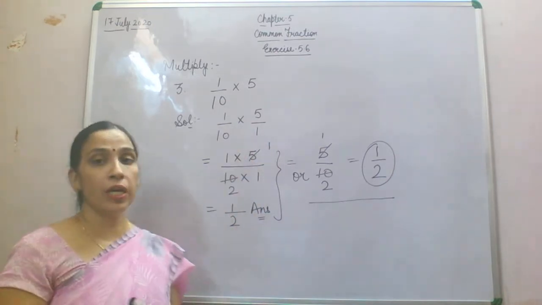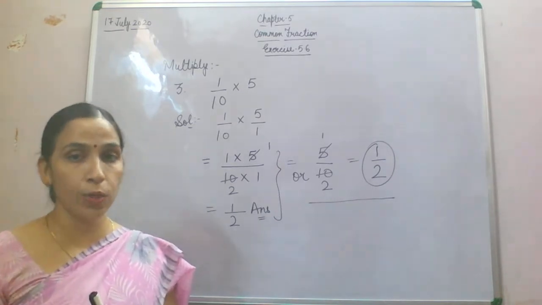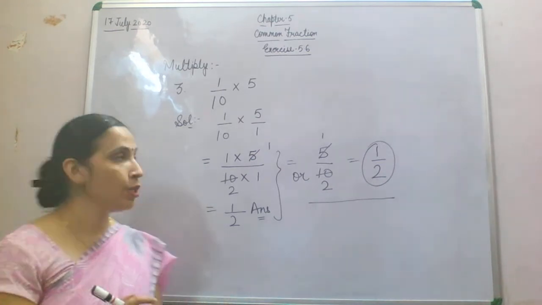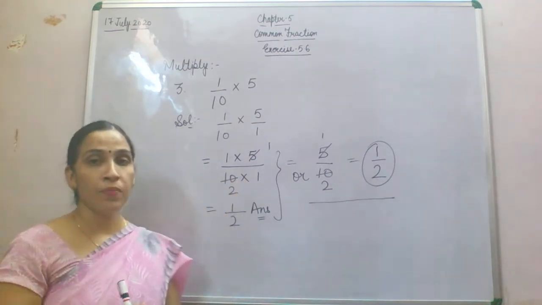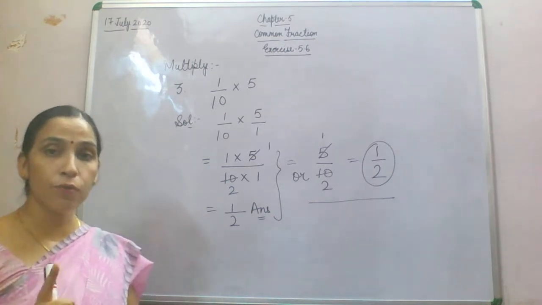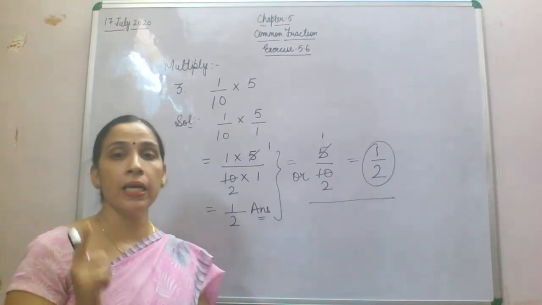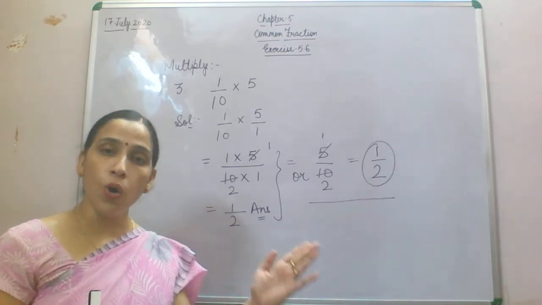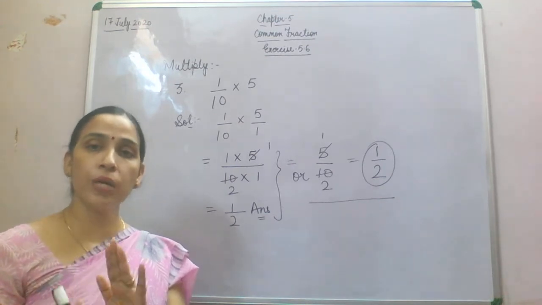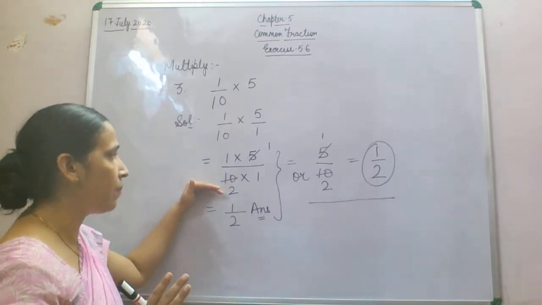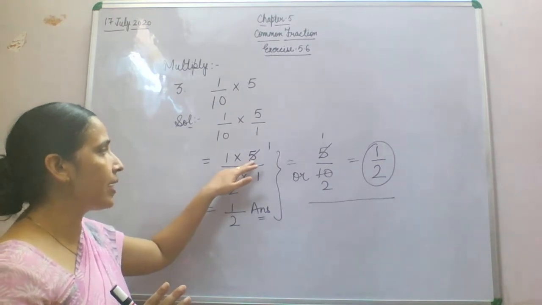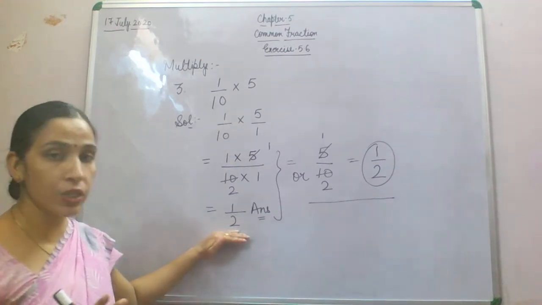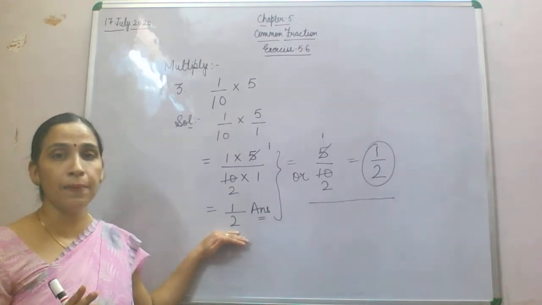Now what I have told you is that the numerator will be multiplied by the numerator and the denominator by the denominator. So we have done the multiplication here. After multiplication, if you get any numbers which come in a common table from the numerator or from the denominator, then you can cancel it here only, in the second step. So I have done the cancellation, 5 1 times and 5 2 times, and then I have done the multiplication, and we will get 1 by 2 as the answer.